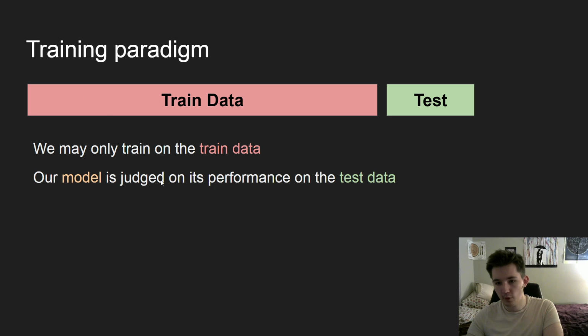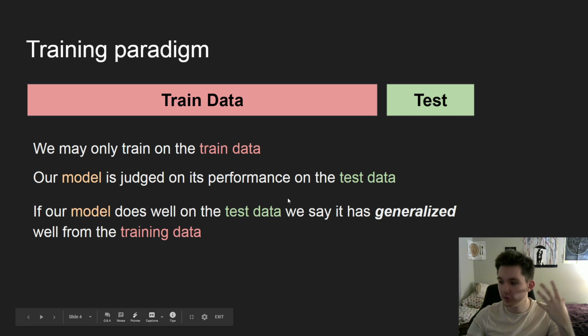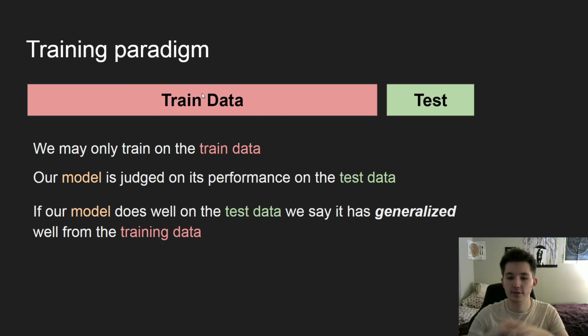So we're going to judge our performance solely off of how well it does on test. We can analyze how well it does on the training data, and that's interesting in its own right, but that is not how we measure its performance. We measure it off the test data set. If our model does well on the test data set, then we say that it generalized well. So it did a good job of taking this training data and interpolating it and saying, okay, this is like how this data works, and then when we get the test data set, if it works well on it,